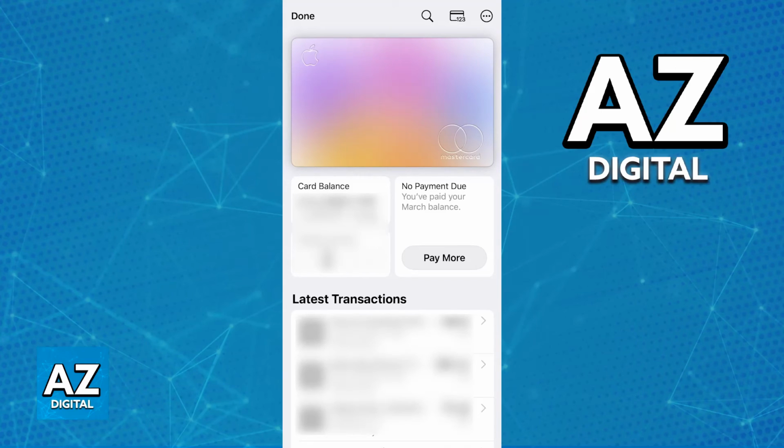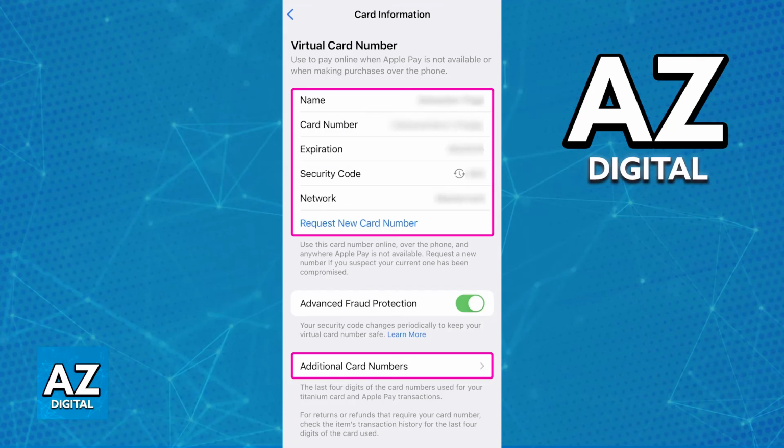If you have an Apple credit card instead, you will also be able to find it. So go over to the Apple credit card instead, tap the three dots, and once again choose the option to view your card details or card number. Regardless of which option you pick, either the recently launched Apple debit card for Apple Cash or the Apple credit card, you will be able to find the virtual card number in full.